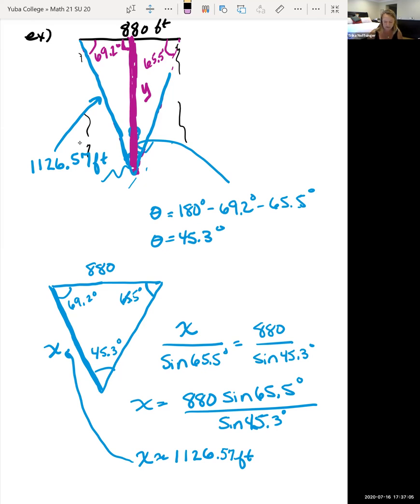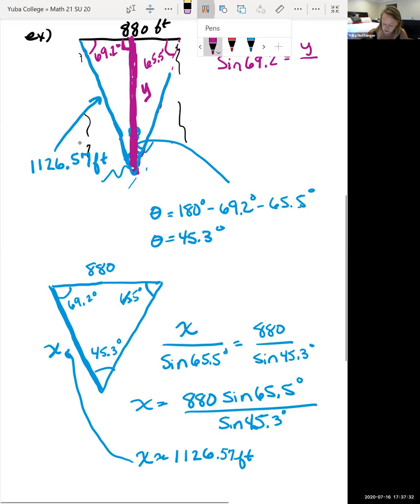If we look at the 69.2 degrees, we're trying to find the opposite. So opposite and hypotenuse tells me that I can use sine. So I have sine of 69.2 degrees is equal to the opposite, which is y, all over the hypotenuse,